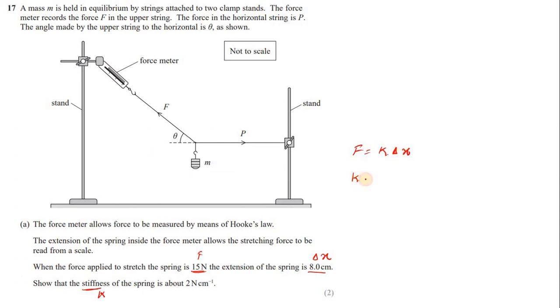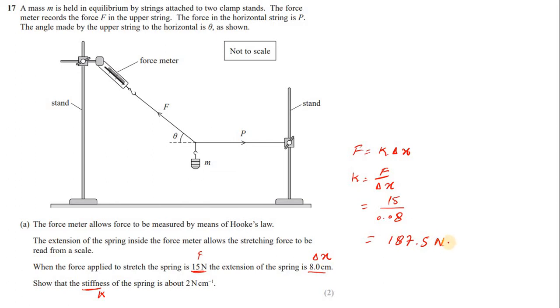So K is equal to force upon delta x. Force is 15 divided by extension 8 centimeter, of course 0.08. So K would be equal to 187.5